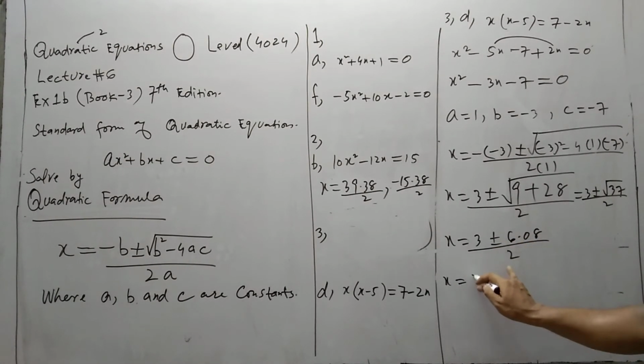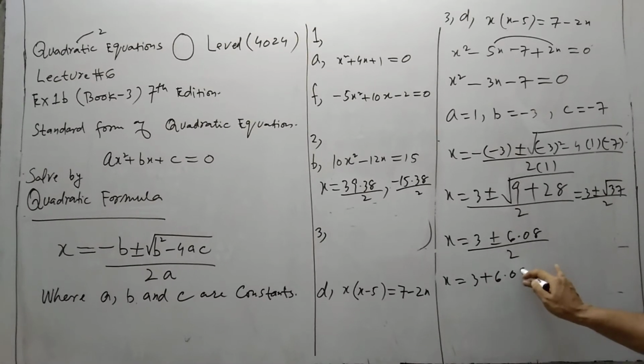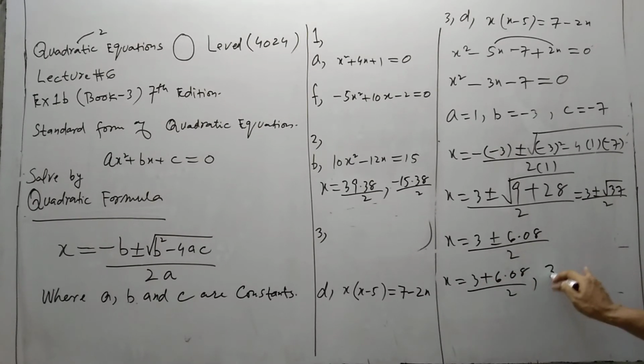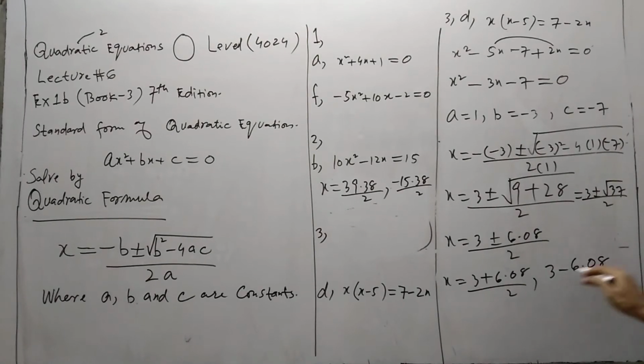Right, 3 one time is plus upon 2, one time is minus upon 2, and your final